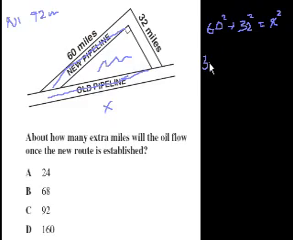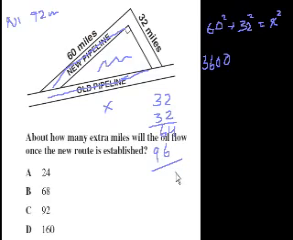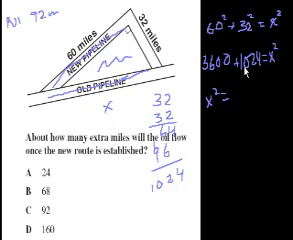So 60 squared is 3600. And 32 squared, let's see, 32 times 32. 2 times 32 is 64. 3 times 2 is 6. 3 times 3 is 9. So it's 1024. Plus 1024 is equal to x squared. So let me just switch both sides. X squared is equal to 3600 plus 1024 is